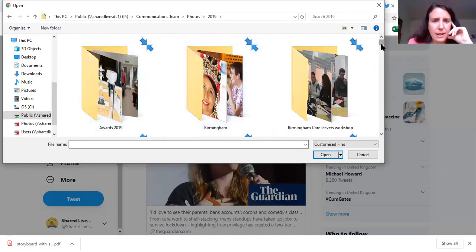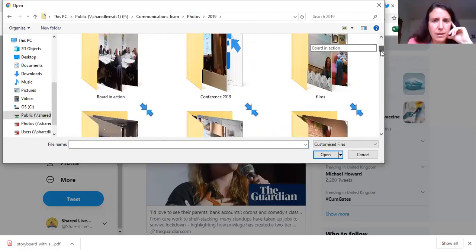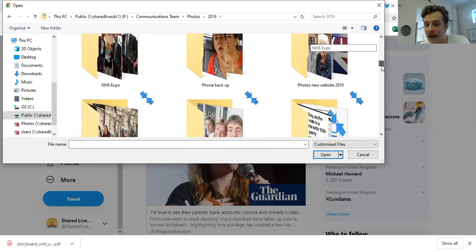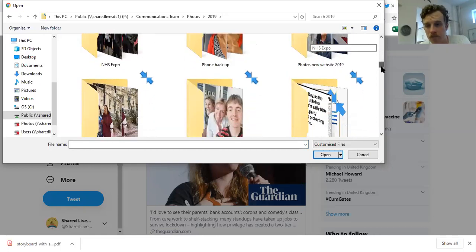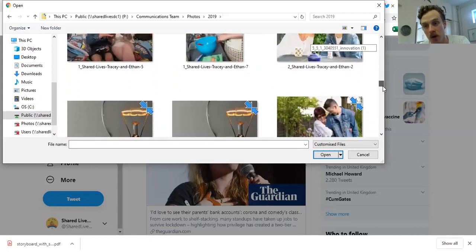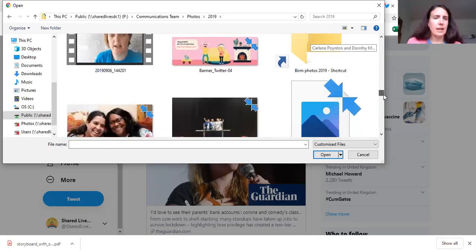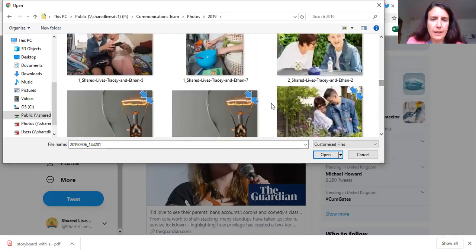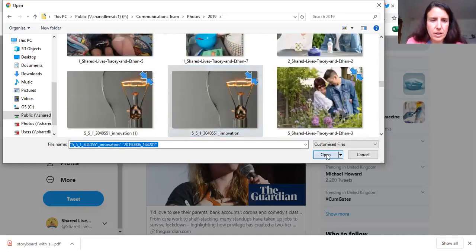I'll just try and see if there's a video I can. Yeah, Catherine, I don't think you can add videos and images to the same post. You can add a group. There's an image. Right, there we go. That's a film, and then that's a Bright Spark image.